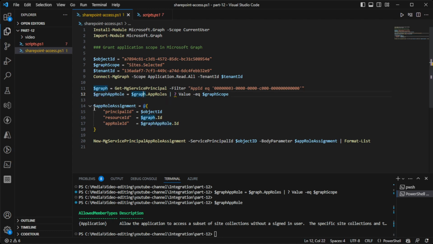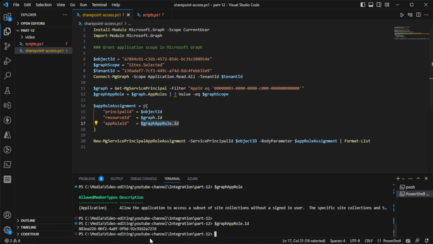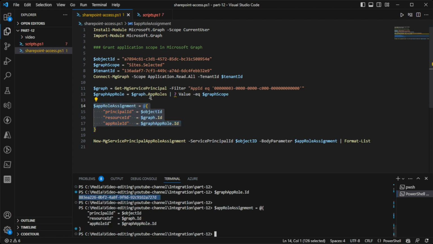And then I construct the variable consisting of 3 attributes: principal ID, which gets the managed identity object ID, resource ID, which gets the Microsoft Graph Service Principal ID, and then the app role. The app role is the one we got with the last command. So we can check the ID. We have the ID value here. So I create this variable